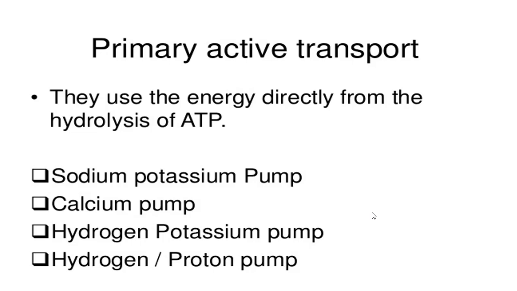So these are the different pumps which pump different molecules from outside the cell to the inside, or from inside to the outside, or from the cytosol into organelles. Like calcium, where the pump takes calcium from the cytosol and pumps it into the sarcoplasmic reticulum. The sodium potassium pump pushes 3 sodium out and 2 potassium in. It is similar with the hydrogen potassium pump. These pumps utilize energy directly, that is, by the hydrolysis of ATP. That is why this is known as primary active transport.